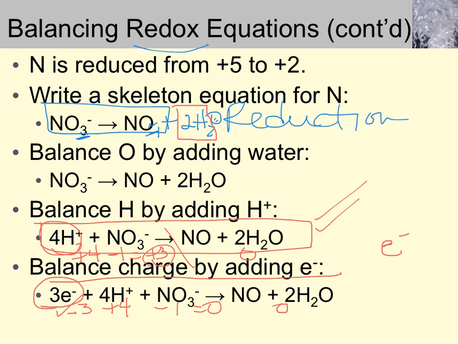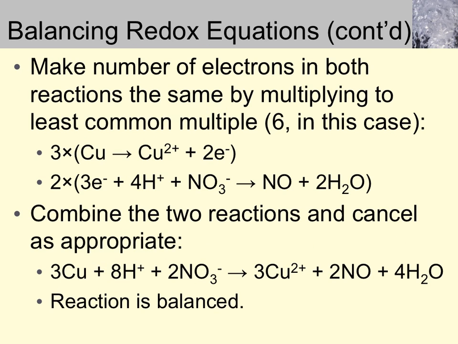So that's good. The product side is 0 also. Now I have my two balanced half reactions, and I need to make sure that the number of electrons that I've added to balance the charge is the same in each half reaction. It's not. So you need to find a common factor, the lowest common factor, which is 6. So I need to multiply the first half reaction by 3, everything in it by 3, and the second half reaction by 2. All right, so in other words, it's going to be 3 copper gives 3 copper ion plus